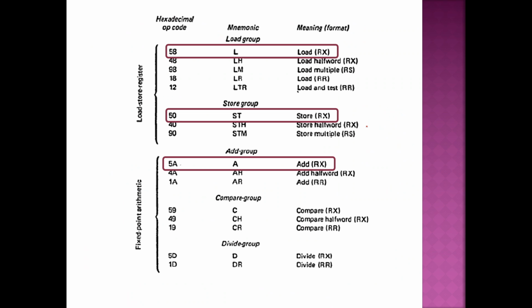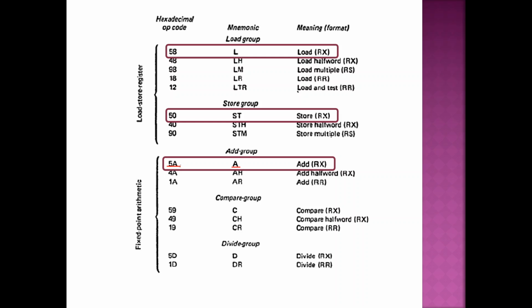So let us see the opcode sheet. You have seen the opcode sheet of 8085. Similarly, this is the IBM 360's opcode sheet. These are all the instructions, and this is the opcode value. Let me take one instruction, the add instruction, A. What is the opcode of that instruction? Opcode is 5A. This is hexadecimal, but it will always be represented in binary, using only 8 bits.